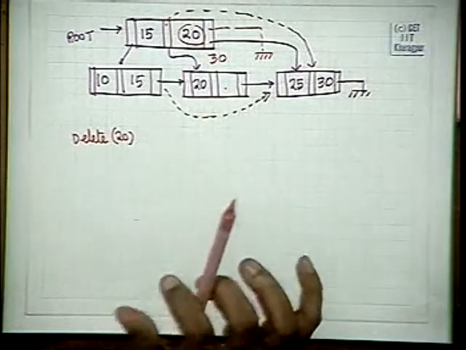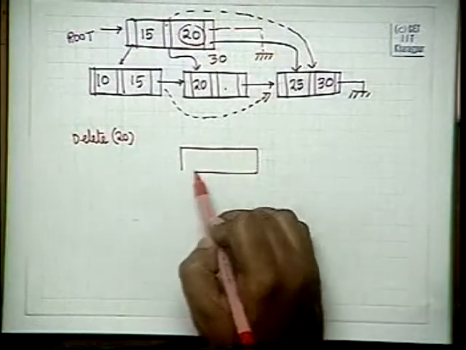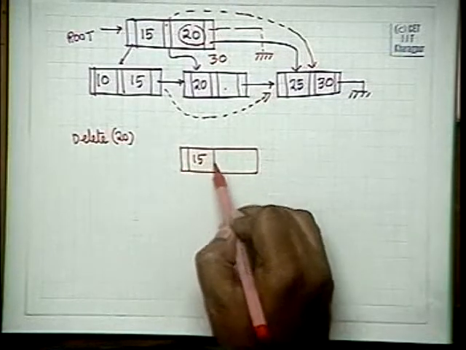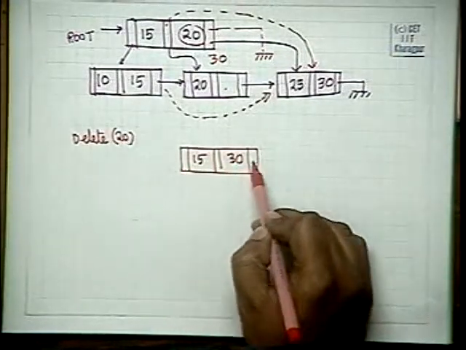It depends on the ratio of the block size and the record size, and if you really have some space, then you can put the previous, the next, the parent, the child. But if you don't, then this is sufficient to maintain the order of log n complexity by just modifying your algorithm a little. So delete 20 will lead to a structure which is 15, 30,